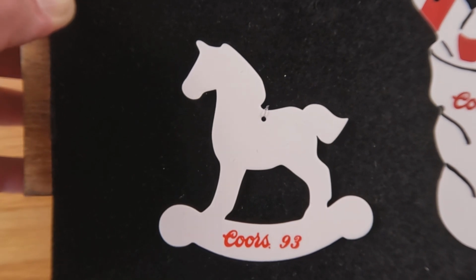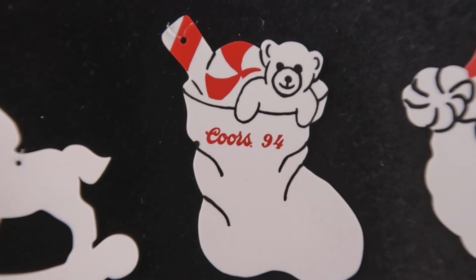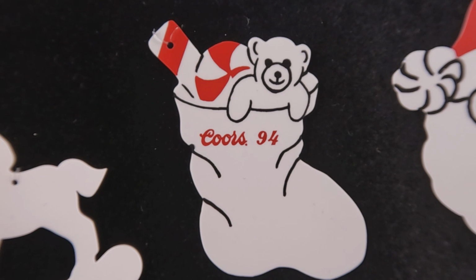Moving on to 93, we had a rocking horse, and this was the last year where it was basically just a white ornament with red printing on it, because the next year they got a little fancier, and we've got the black and the red, which the Grand Junction did use. They did use two colors on theirs. I don't remember about Tennessee, but for the Golden facility, the facility here in Golden, this was the first time